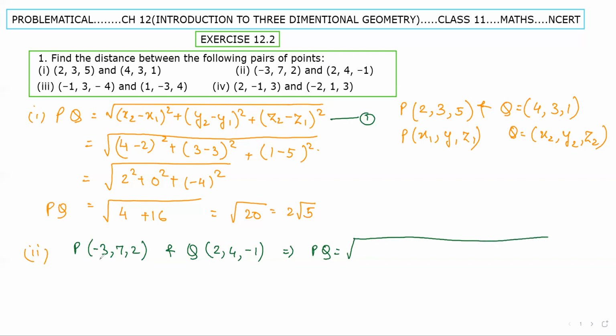So you have (2 minus of minus 3) whole square plus (4 minus 7) whole square plus (minus 1 minus 2) whole square. This is equal to root of